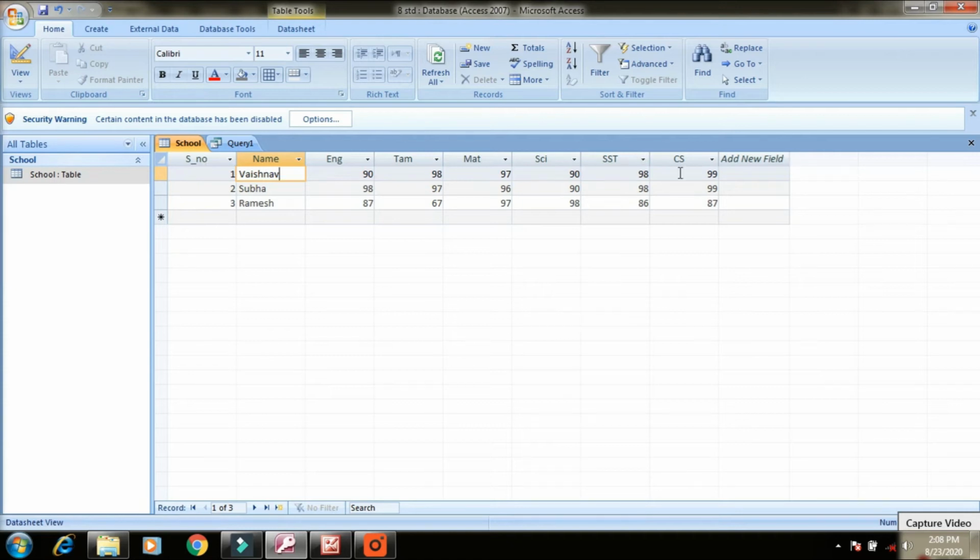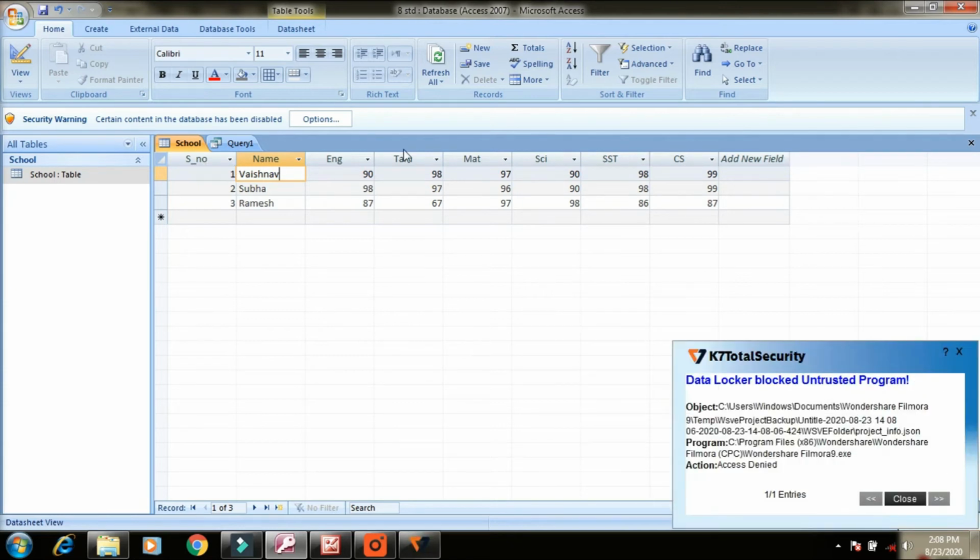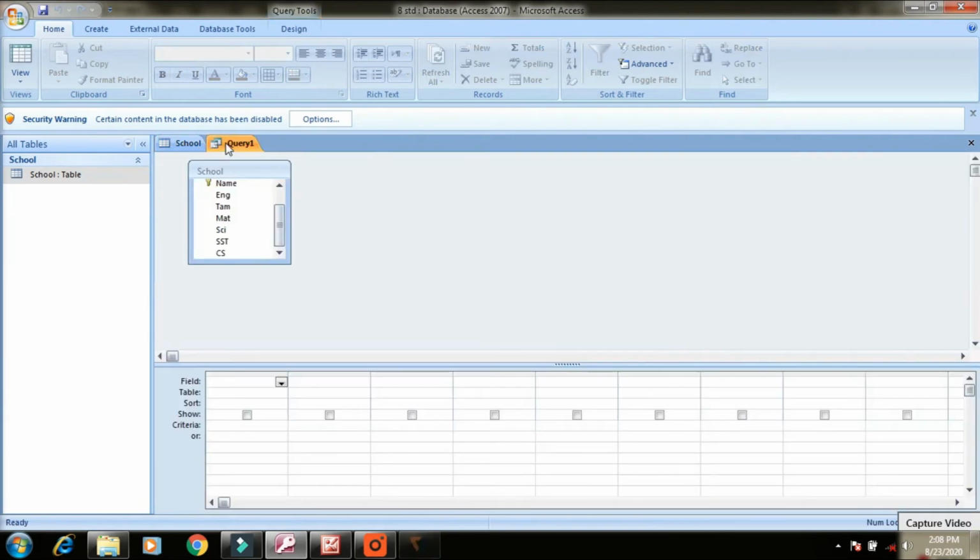Check it: 1 2 3 4 5 6 7 8, so 8 columns. Then come to the query option; here the column names appear. Serial number, 1 2 3 4 5 6, up to science, 6, and SST 7, CS 8, so all the columns also came.